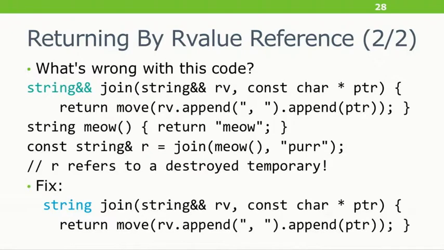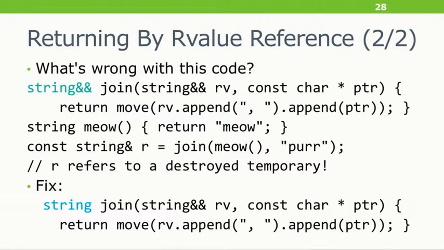That's not good. Instead, if you return your string by value, you still get the benefits of move semantics. You take a temporary string, you append in place, potentially reallocating in geometric fashion, and then you move its guts into a fresh temporary. So you do get a move into a fresh temporary, but at no point are you gratuitously copying the string's data, which is what we want to avoid.